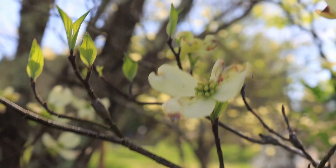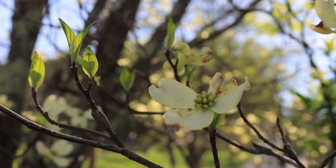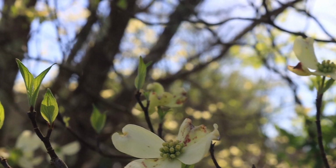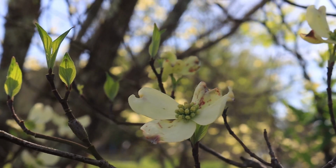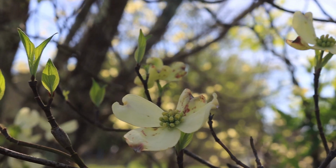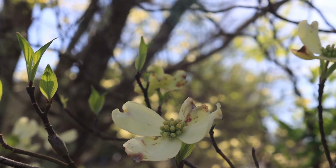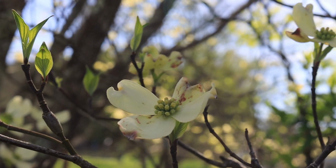Flowering dogwood, if you look closely, has these interesting flowers that have what we call bracts. These showy things that many people call petals are actually not true petals, but rather they are scales that cover the flowering bud. And their actual true name is a bract, which basically is an enlarged scale. And the actual flower for flowering dogwood is the center part that you see there, that green and yellowish looking